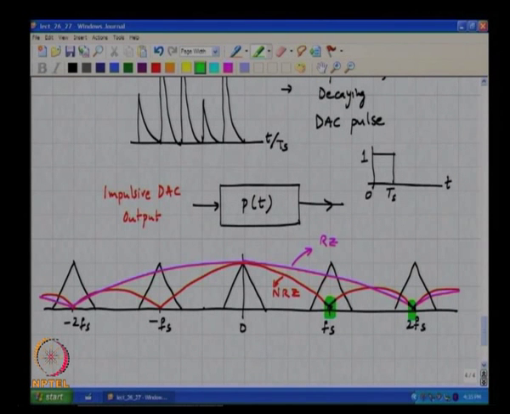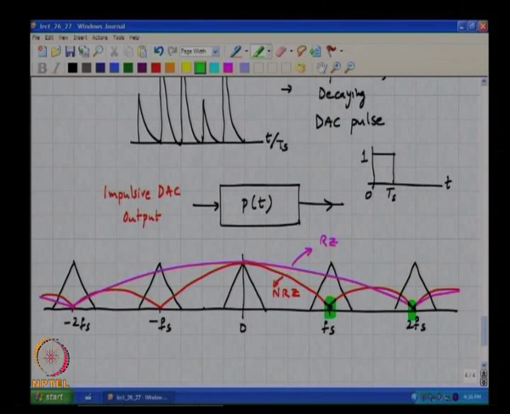If the input only consisted of DC, the nulls will remove all of the high frequency images, and you will see only a DC spectrum, and that makes sense because there will be no jumps in the time domain waveform at all if you use an NRZ DAC with a DC input. Is this clear? Okay. So, for an exponentially shaped DAC, I am not going to do the math here, but it is straightforward to find the Fourier transform of the pulse shape and compute the spectrum.